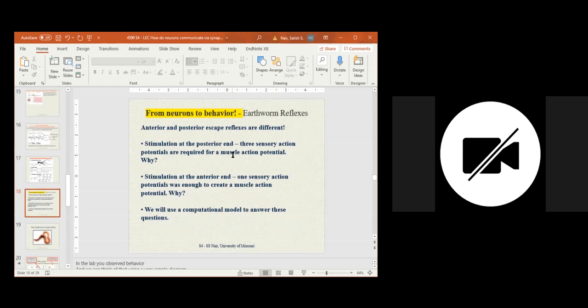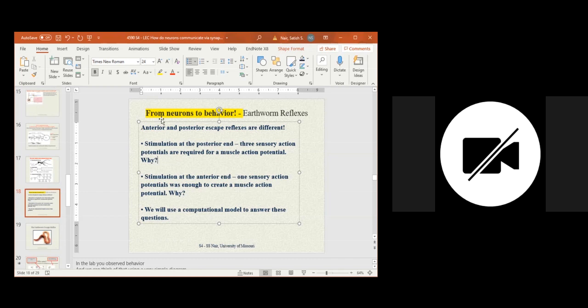So that synapse there between those sensory neurons and the motor neuron, there's a circuit there. That synapse is not very strong. So it takes 3 sensory action potentials, meaning if you stimulate the posterior end, you need to touch it a little harder for it to really